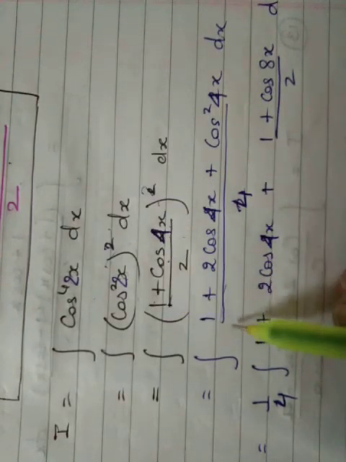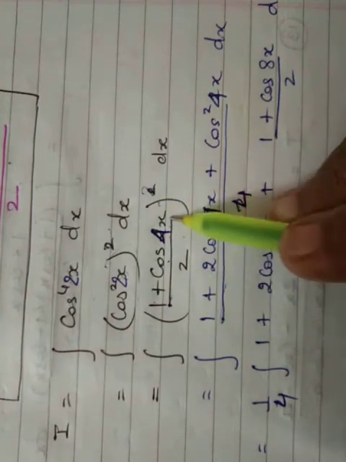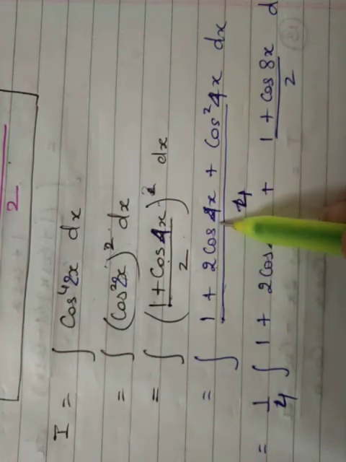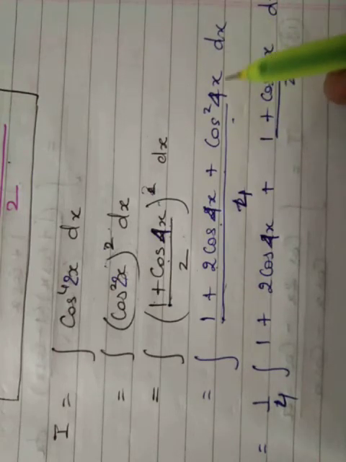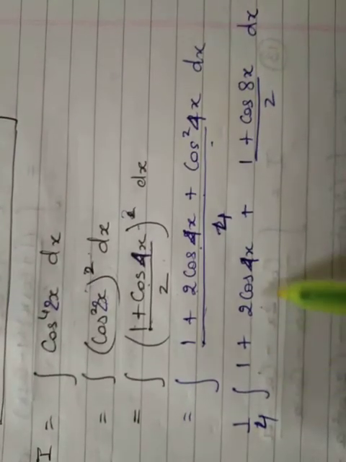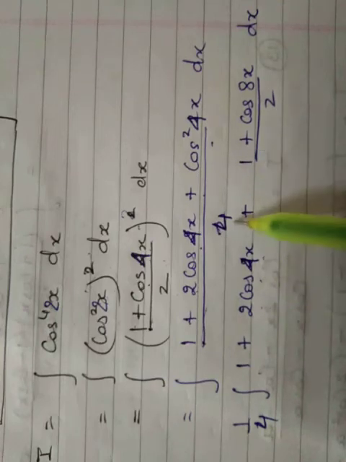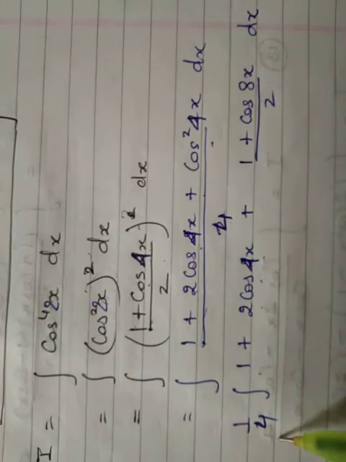So a square that is 1 square, then 2ab that is 2 into cos of 4x plus cos squared of 4x and dx. Now 1 plus 2 cos of 4x, this 1 upon 4 I removed common outside over here,